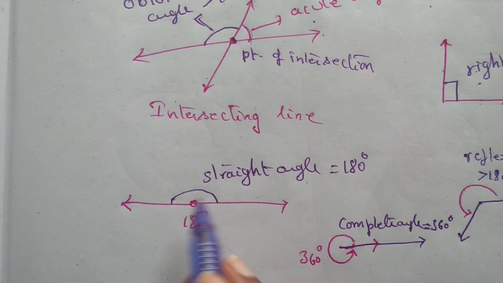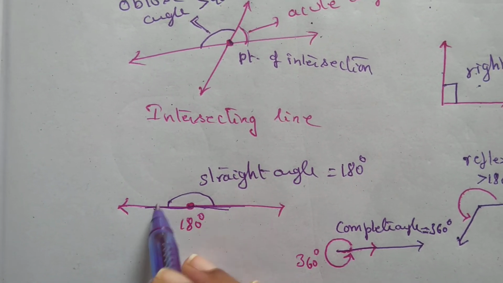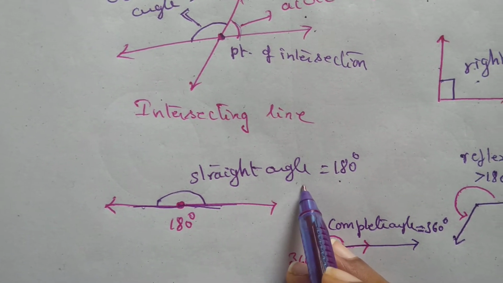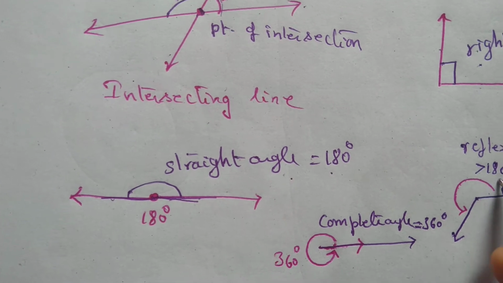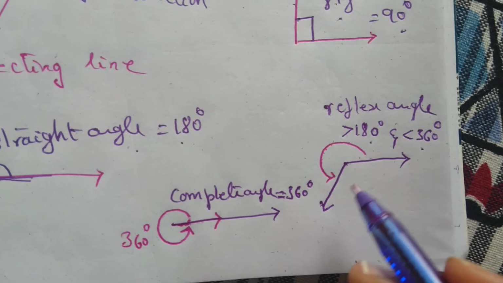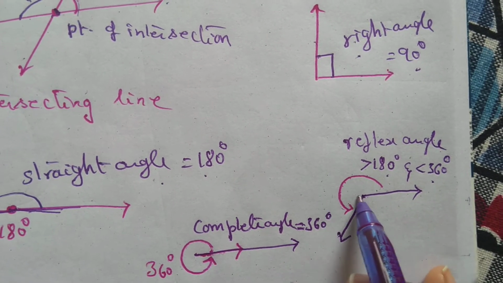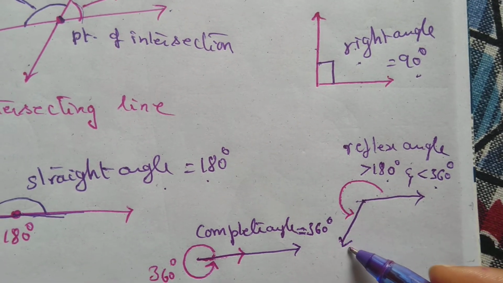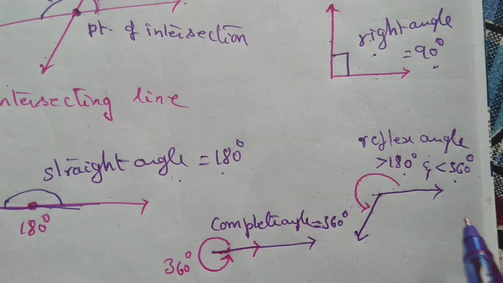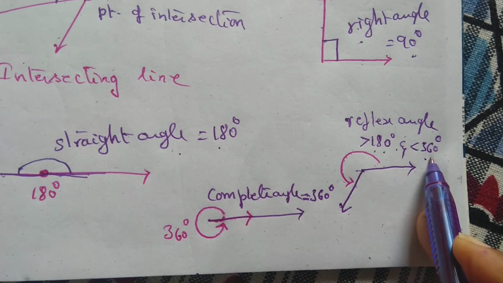If the angle between two rays, so this is one ray in this direction, this is another ray in this direction, is 180 degrees, then it is called a straight angle. And an angle which is greater than 180 but less than 360, we call a reflex angle. This is a reflex angle. See, this forms a straight angle, and still the ray is moved downward, and thus this is becoming a reflex angle. What is the condition for an angle to be reflex? It should be greater than 180 and less than 360 degrees.